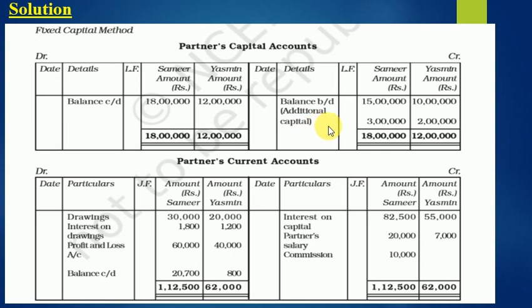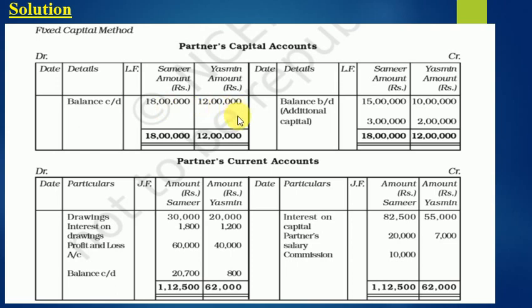By bank 3 lakh and 2 lakh. So here it's not written, but you will write by bank here instead of additional capital, that should be in brackets. And we'll do the total. The total will be written on the debit side also, and the same total will come as the balance CD because there is no capital withdrawn permanently, or you can say drawings against capital. So whatever is the total on the credit side becomes the same balance CD on the debit side.